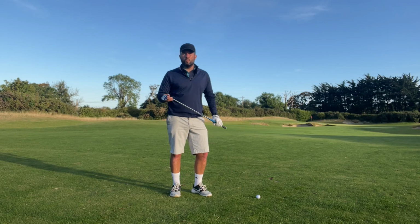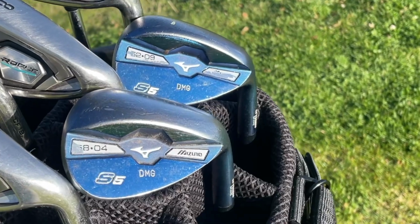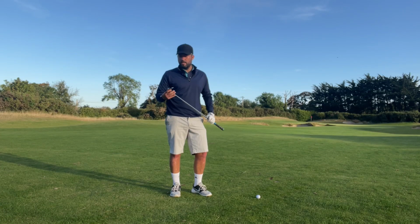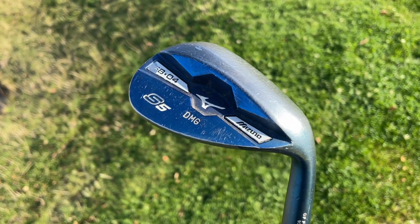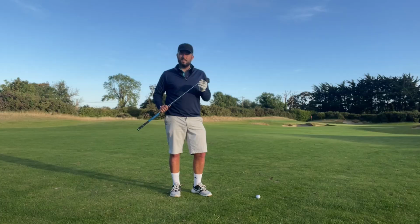Okay, so next up is my wedges. So in my bag I have a 52 and a 58 degree wedge. They're Mizuno wedges. They're actually given to me by a guy in work. He is a single digit handicap, so they probably have less bounce than a player of my caliber needs, but